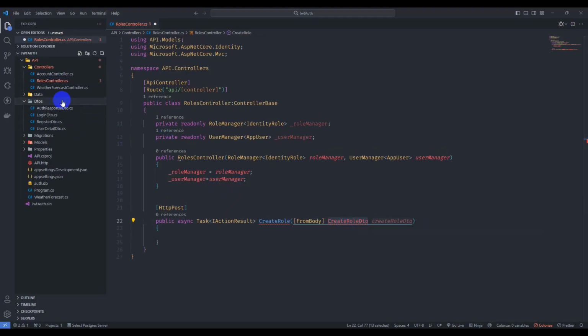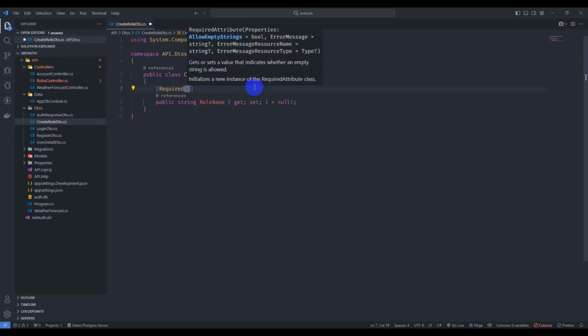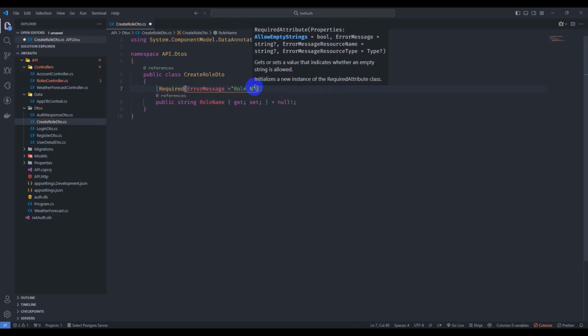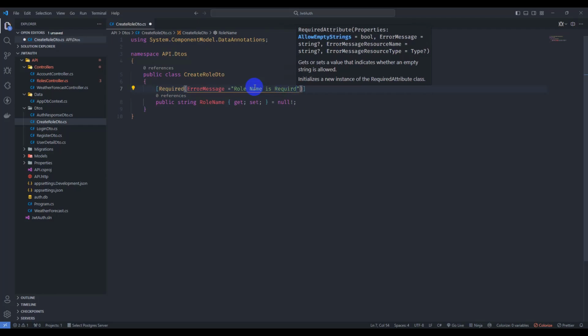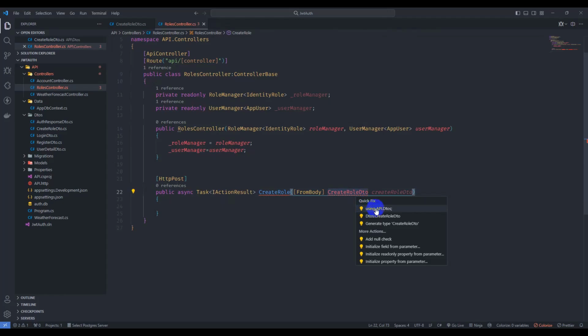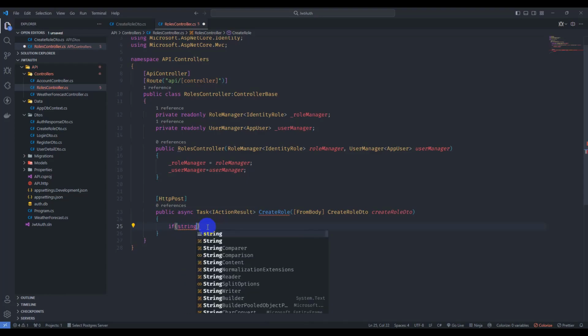Go to Dto and new class. Let's add the property RoleName. Let's annotate with the Required attribute, and here just pass the error message: Role name is required. Then save it. Go to RolesController, Ctrl+dot, using Api.Dtos. Let's check string.IsNullOrEmpty